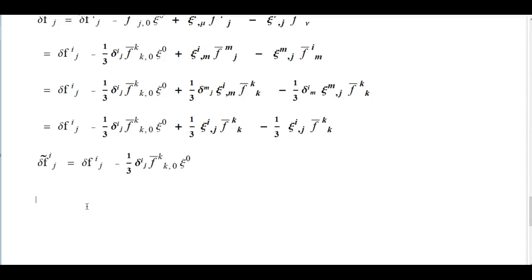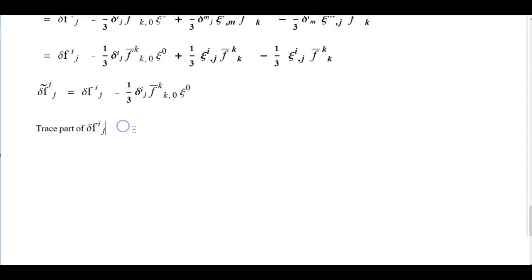Now, if we look at the traceless part of delta Fij, what is the traceless part of delta Fij and what is the trace part? Okay, so the traceless part of delta Fij is, let us first look at the trace part. Trace part of delta f kk. Let us see how the trace part transforms. I can write the trace part of delta Fij as this is equal to